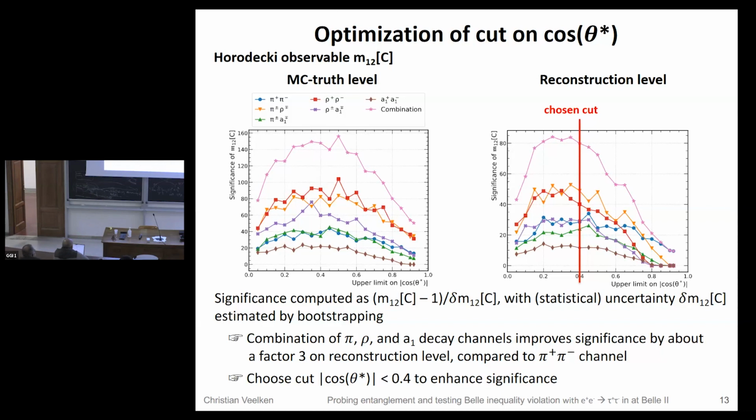The systematics I will comment on at the end of the talk, but it gives you an idea. In an ideal experiment with no systematic uncertainties, already with this optimization, this is the real significance. On Monte Carlo truth level, it's 160 sigma for Bell inequality violation, okay? And with experimental resolutions and kinematic reconstruction efficiency taken into account, it is 80 standard deviations that we cut here.